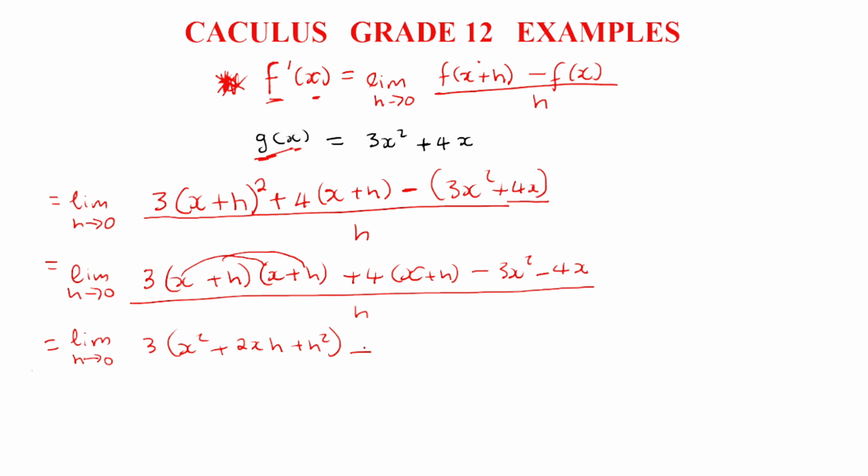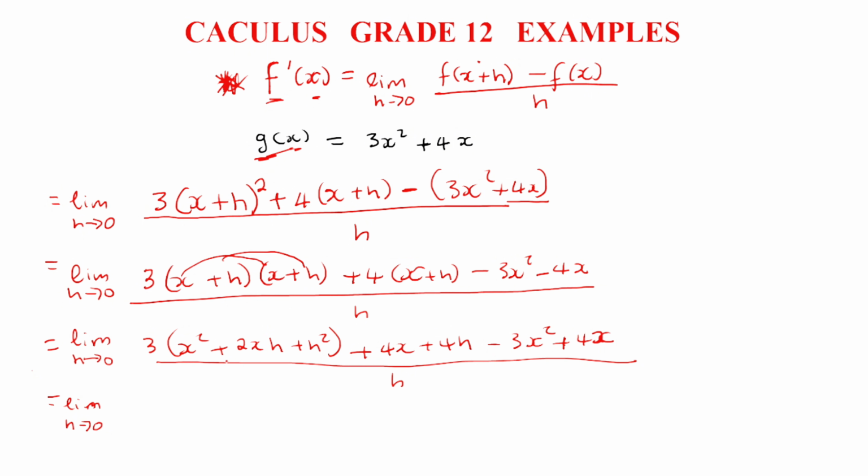Here you're going to have 4x plus 4h, minus 3x squared plus 4x. Therefore, you're going to divide by h here. Then you say the limit